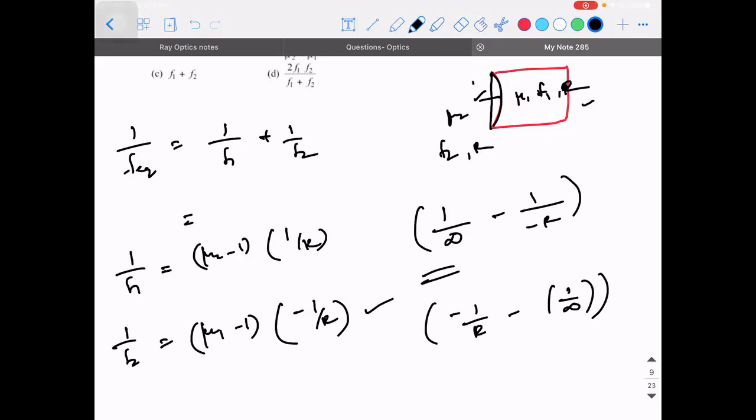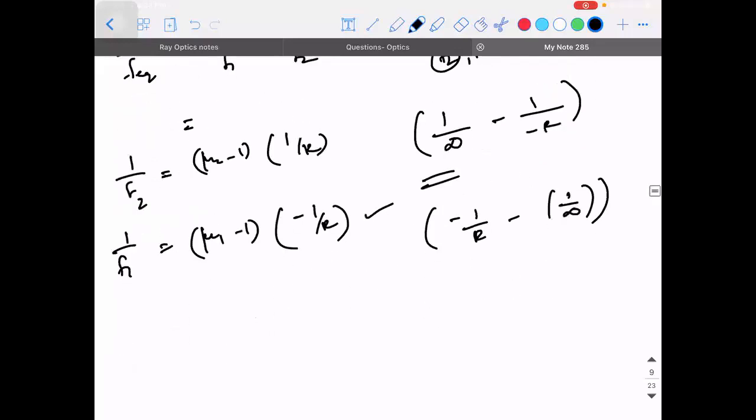Yes. First, the numbers they have given here by swapping. I have taken this as 1 and this as 2. For 1 there is mu2 and f2. So be careful with that. So 1 by f2 is this, and 1 by f1 is this thing. They wanted to interchange the numbers. So 1 by f equivalent will be equal to